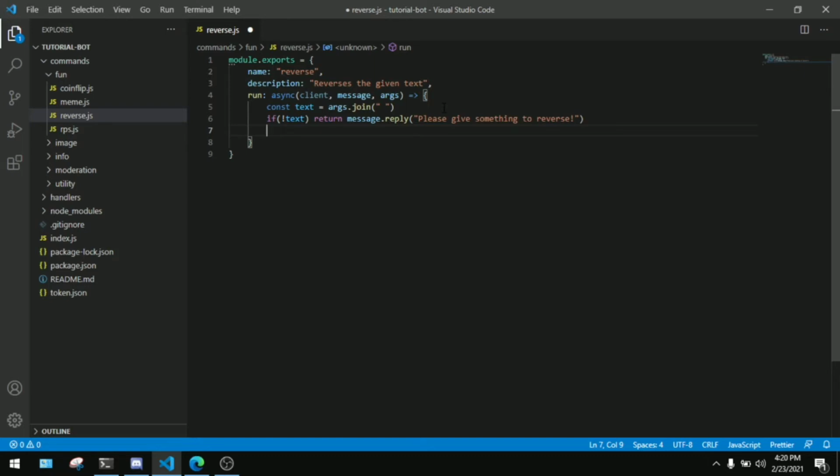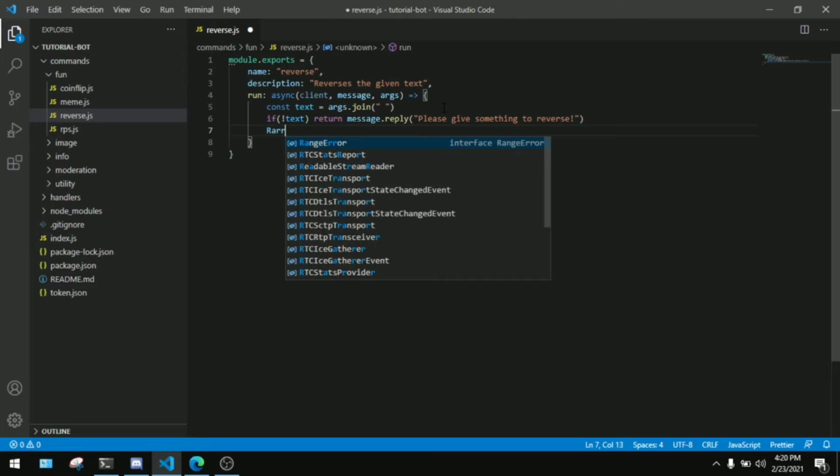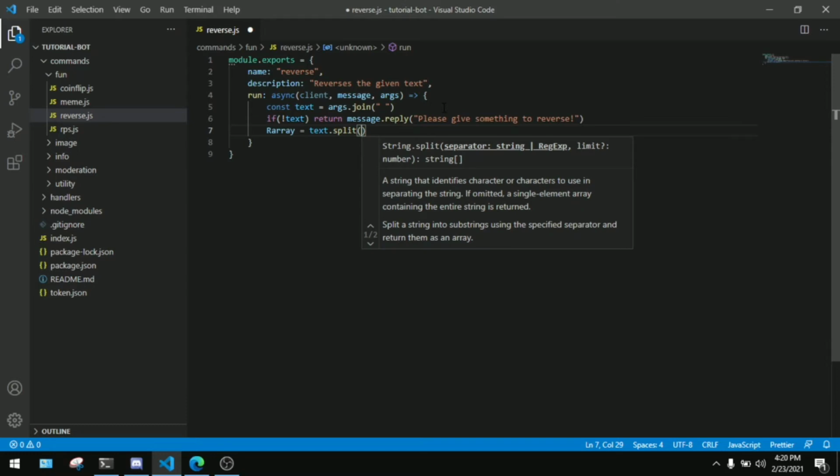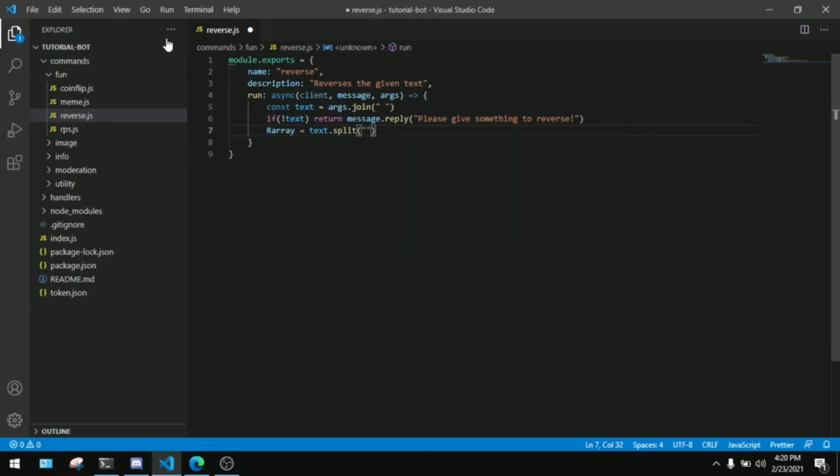into an array. So for that you'll use the split function, and so we're gonna say our array equal to text dot split, and we won't specify any argument because we just want to split the letters one by one. So we'll say our array equal to text dot split, and the next thing to do would be to reverse